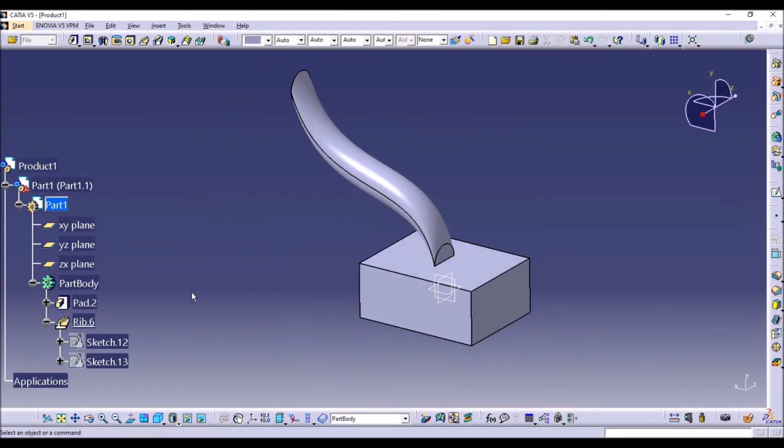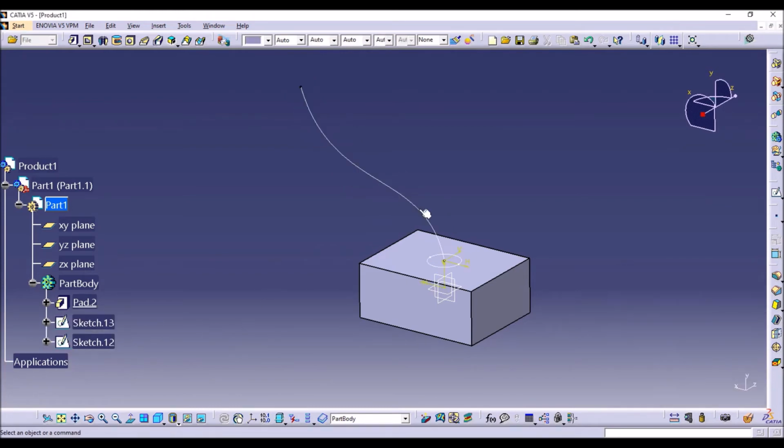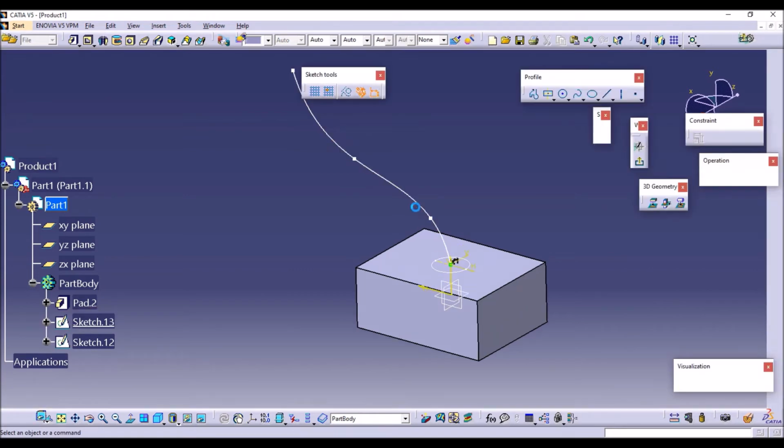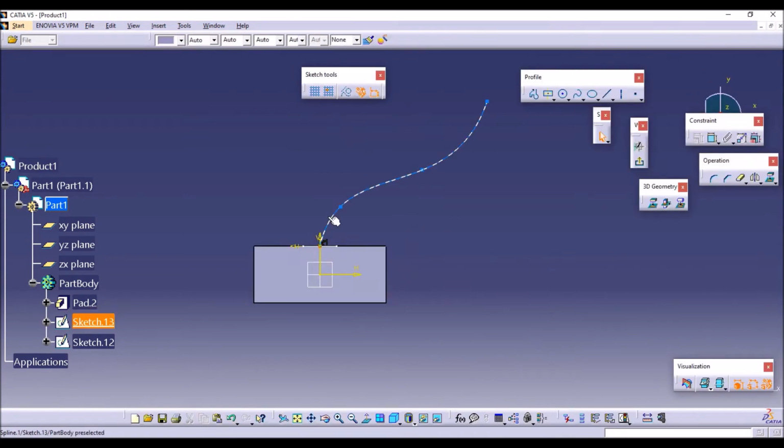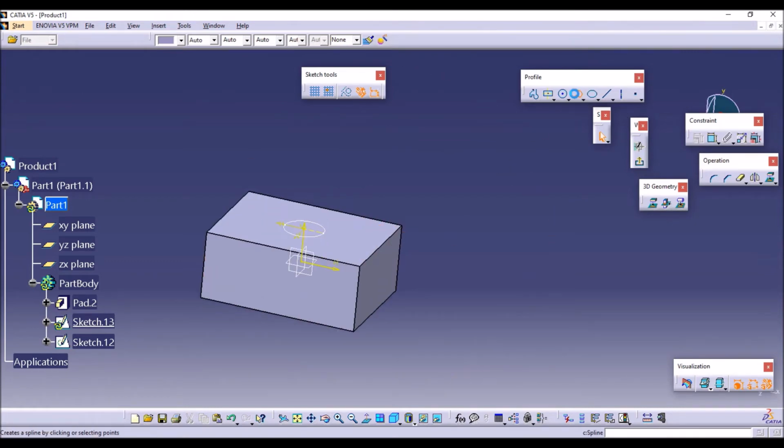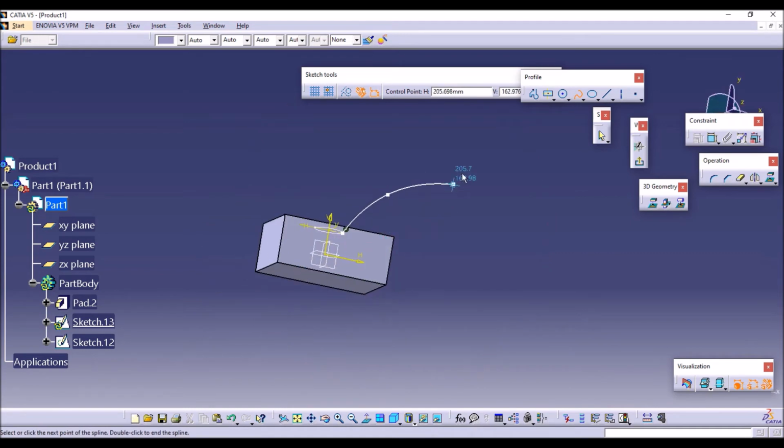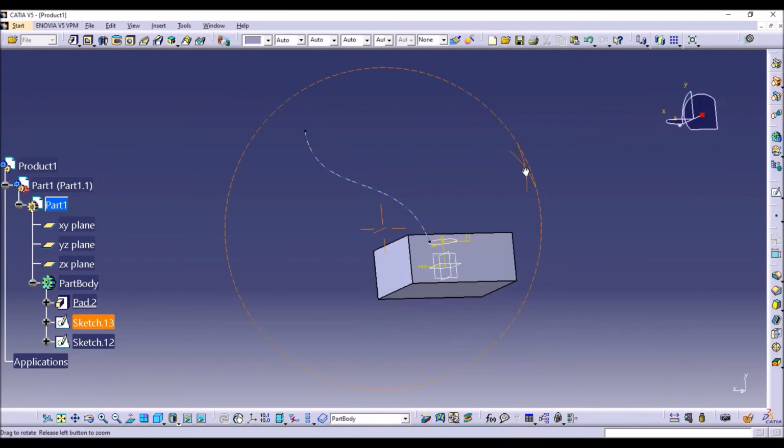So this is about the rib. And now another thing I need to show you. Now I'm deleting the rib. Next I'm going to sketch this one and I'm deleting this spline. Now I want to draw a spline from this endpoint. So I'm drawing a spline like this. So the spline is like this.